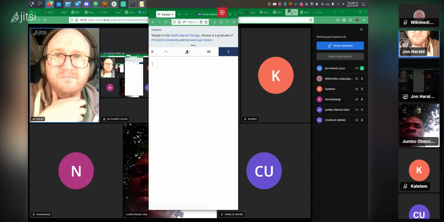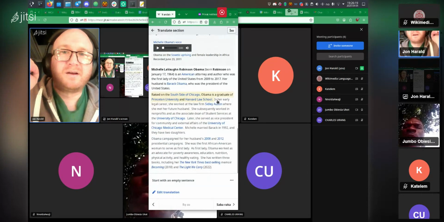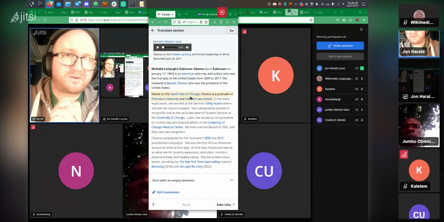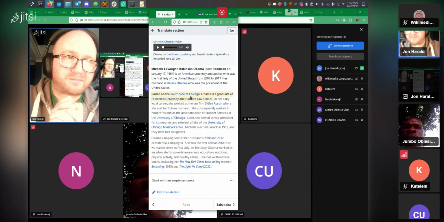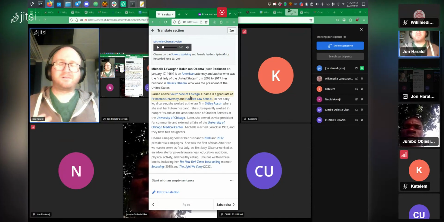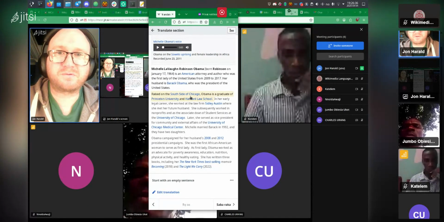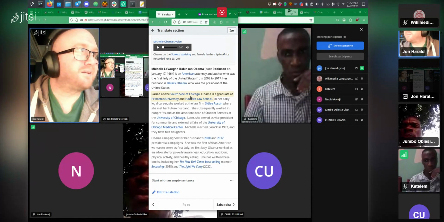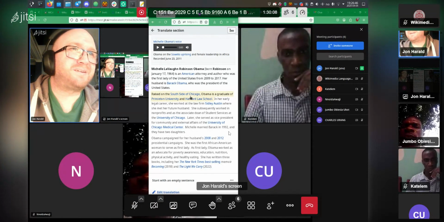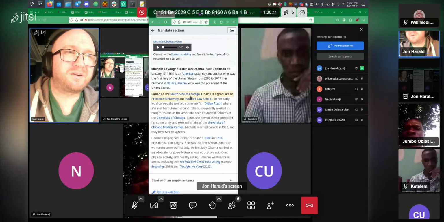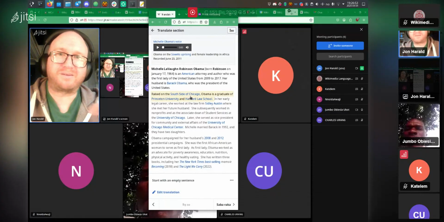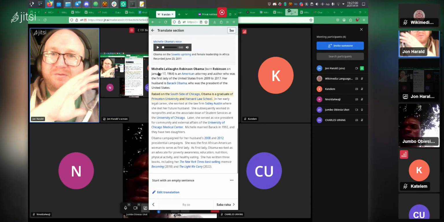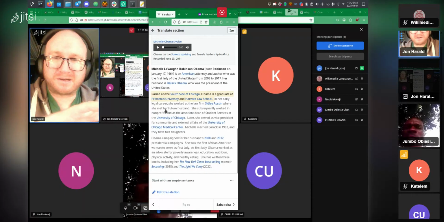I'm not going to do this for everything, but I just want to show this tool, because the great thing about the way Wikipedia articles are structured is that the most important information in the article is what is shown first. So the intro to an article is, I think they did some research on this, and it showed that something like 95% of people who read a Wikipedia article only look at the top few lines. They don't even scroll down to look at the more information. So the first part of the article, like the first few paragraphs,